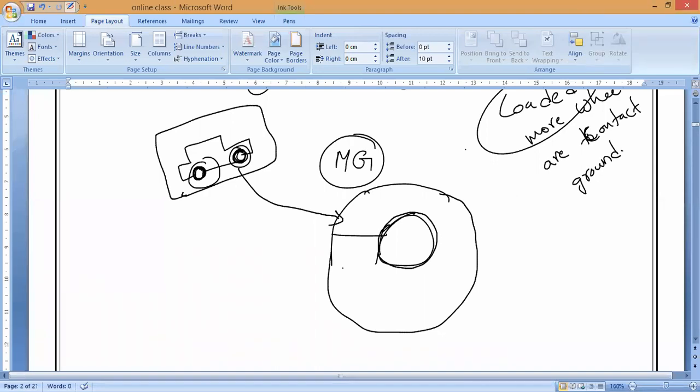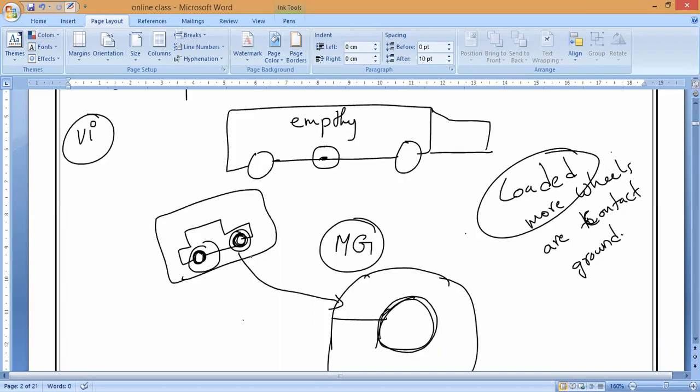Sometimes you may have heard in the news also that because of tires blasting, accidents happen. A truck collapsed, a bus collapsed, or a bus hit a culvert or some kind of barricade that they keep on the road.